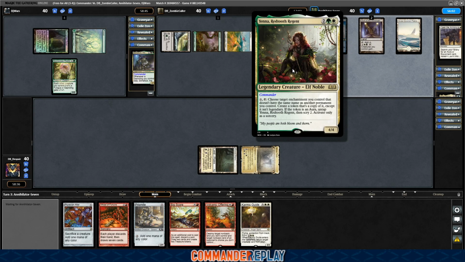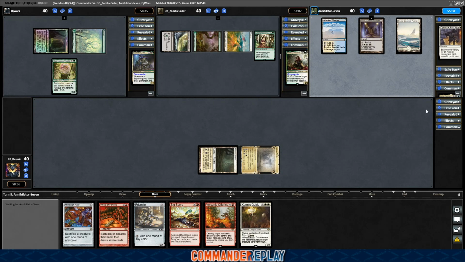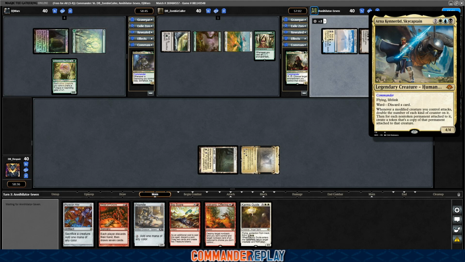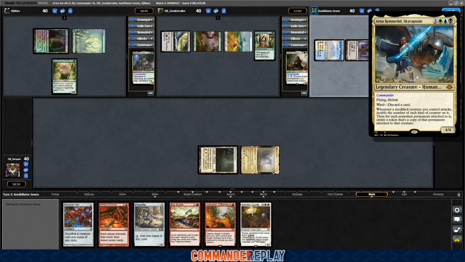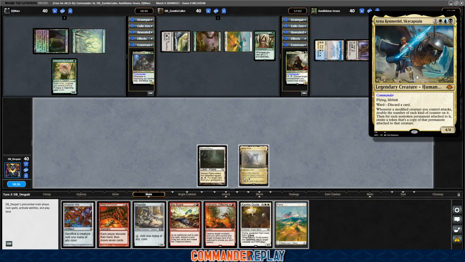So, copy enchantments, basically. Copy auras. Seems interesting. And finally, we've got Annihilator 7 piloting Arna Kennerud, Sky Captain. 5 mana for a 4/4 with Flying, Lifelink, Ward, discard a card. Whenever a modified creature you control attacks, double the number of counters of each kind on it. Then for each non-token permanent attached to it, create a token that's a copy of that permanent attached to that